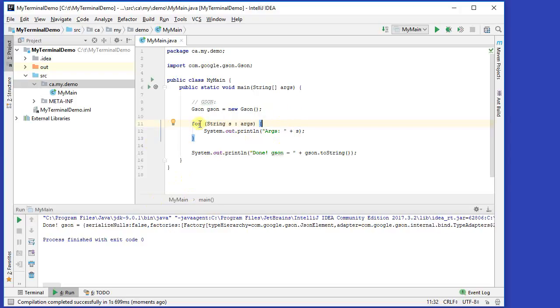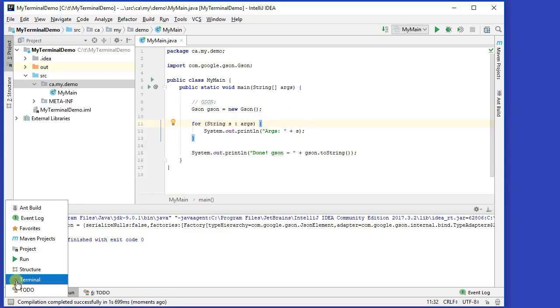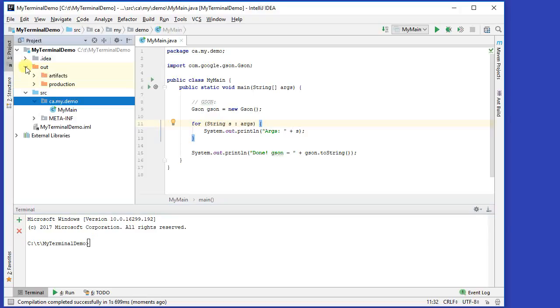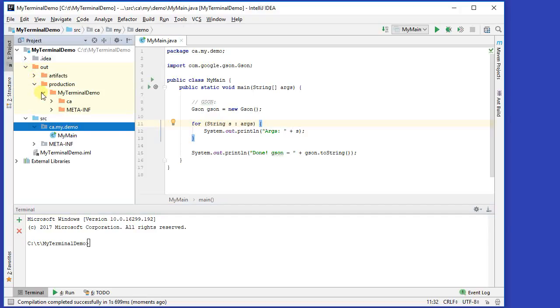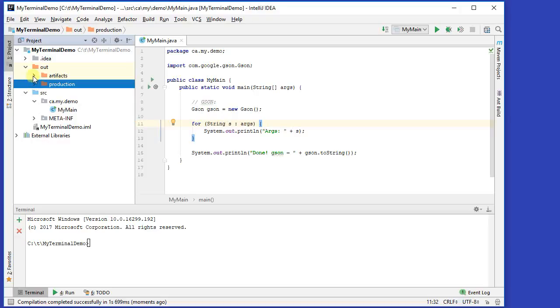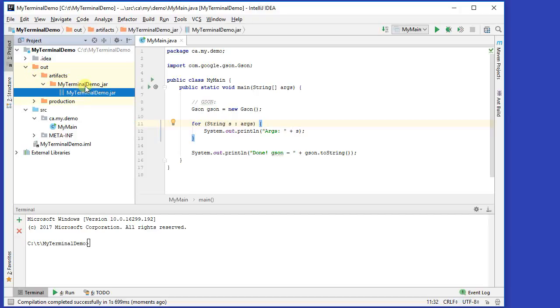Now let's go to the terminal. The terminal you can access down here on the bottom left. I'm going to pop up the terminal. And from here I want to now run my code. The code, if I look here under the out folder, under production, I can expand all the way down here, and here's the class file that I could run. But that gets a little bit complicated, especially since now I've got this jar file that I want to run it through, and the jar file has all of my dependencies. So to run this,